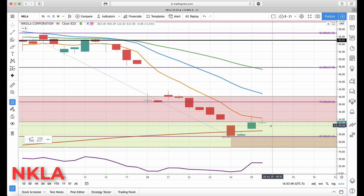So checking out on Nikola, we still have this gap we're watching with the declining rotation zone, which we came up, filled the gap, hit the rotation zone. Key area I'm watching tomorrow is about 34.50. Above 34.50, I'll start watching a return to the prior support becoming resistance and a prior GAN level coming in